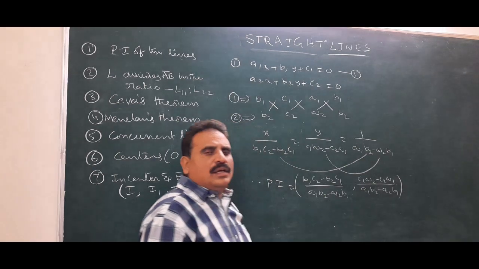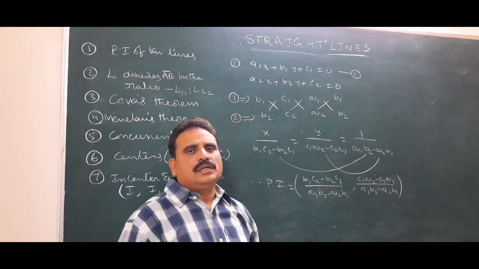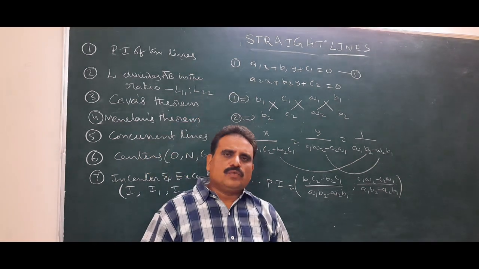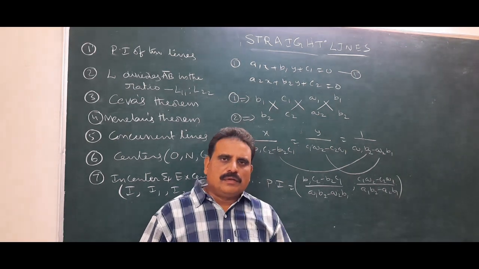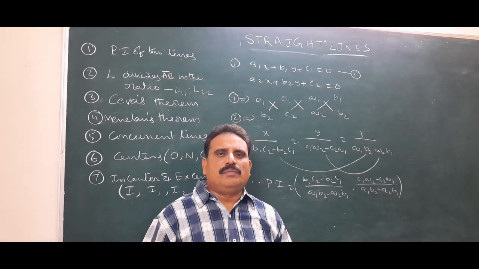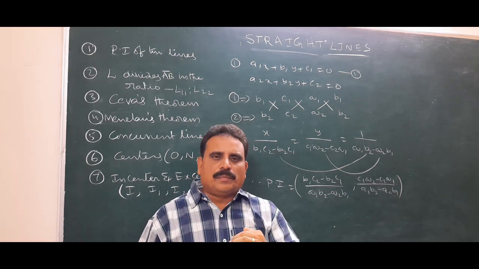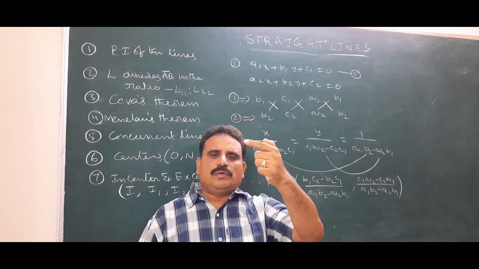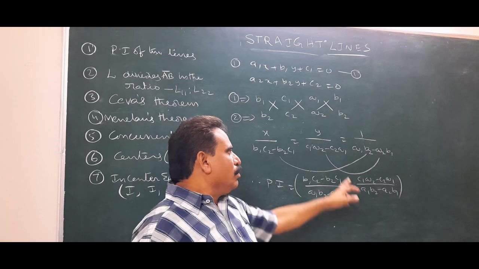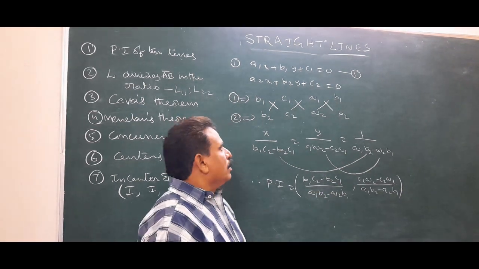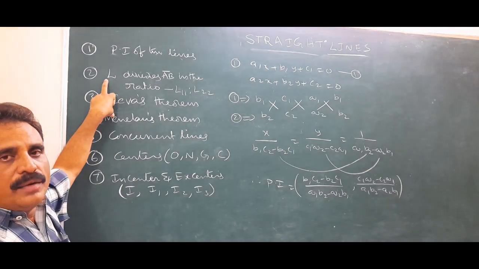Generally, this method is used in theoretical problems. By cross multiplication, we can use that. In numerical problems, that means if the x, y, constant line equations are given, two lines are given, we can find the point easily by eliminating one variable, either x or y. That means multiplying the first equation by a constant, then by addition or subtraction, we can easily get the point of intersection. Now we are going to the next point, second point.